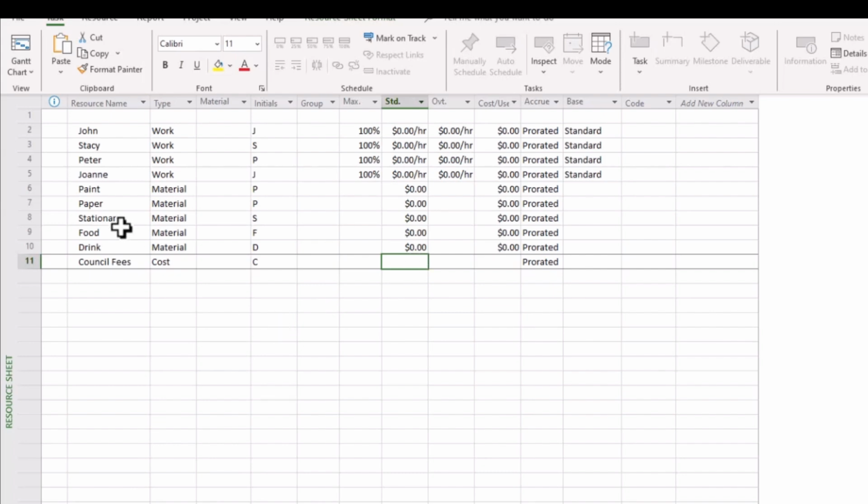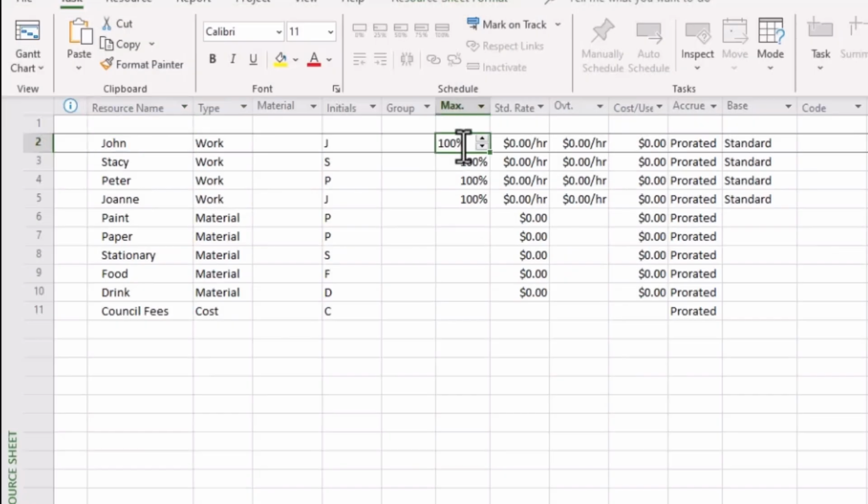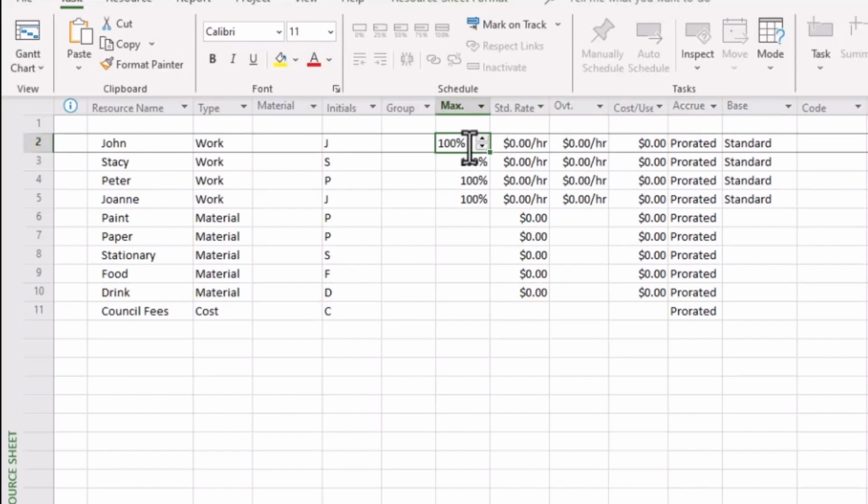But first of all, let's start to frame and put together the costs associated with our project team. So you'll see that there are 5 important columns here that we need to address with respect to our people resources. Now the maximum column, well, that's indicative of the maximum allowable time for them to work on this project.